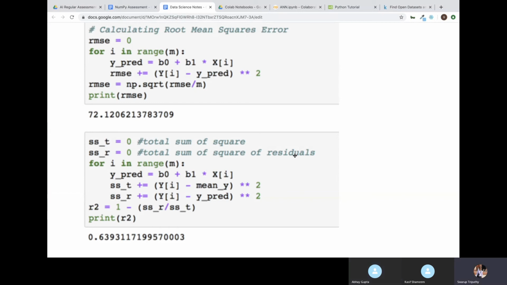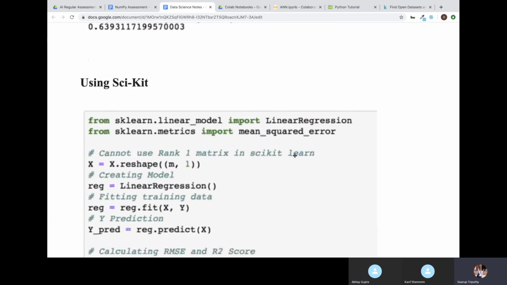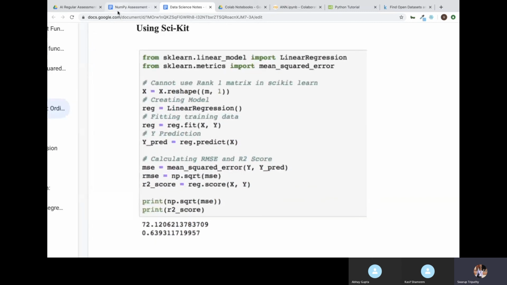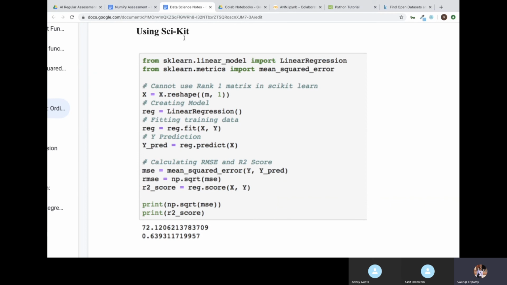Okay, so this is what we got by the normal way, and then the same thing we'll be doing in machine learning. To do this same thing in machine learning you can use scikit-learn. Here we'll be using the scikit-learn package. Scikit-learn is a machine learning package in which you will find all these ready-made functions which are already there. The same thing we did right now, that same algorithm, is nothing but the equations we used. Using that they have created this model, which is the linear model inside scikit-learn.